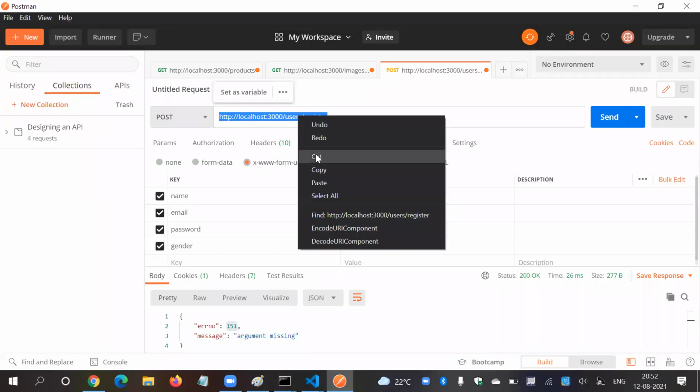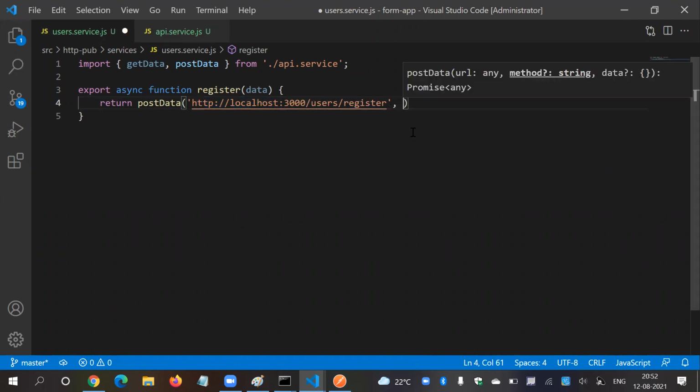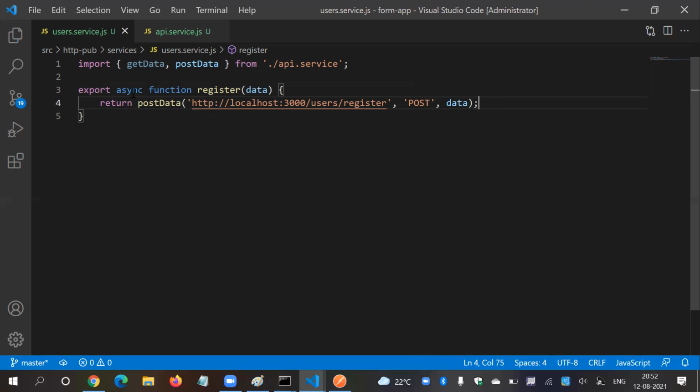So guys, temporarily I'm going to use this URL as it is, and maybe from tomorrow I'm going to replace this URL with one from the environment file. So we just have to pass this part. That's it. This URL will come through the environment file or config file. For the second parameter, what we want is the method, which is actually optional, but yes, the method is specifically post. And what do you want to pass? The data as it is. And that is awesome. We have everything.